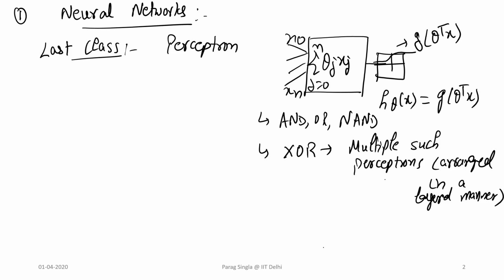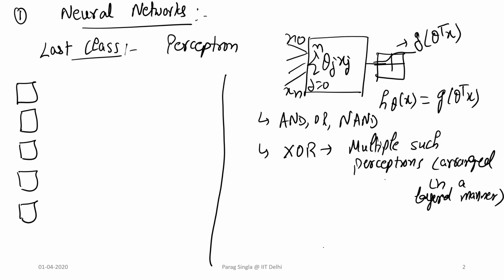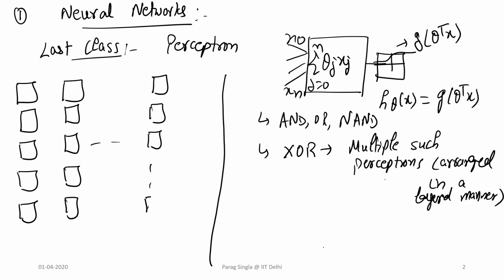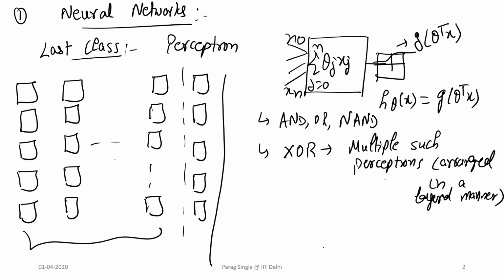Okay, and the layered architecture that we drew was a set of perceptrons in one layer followed by another layer of perceptrons and so on and so forth, right? And then finally, there is an output layer, right? And these are all hidden layers, and this is the output layer,